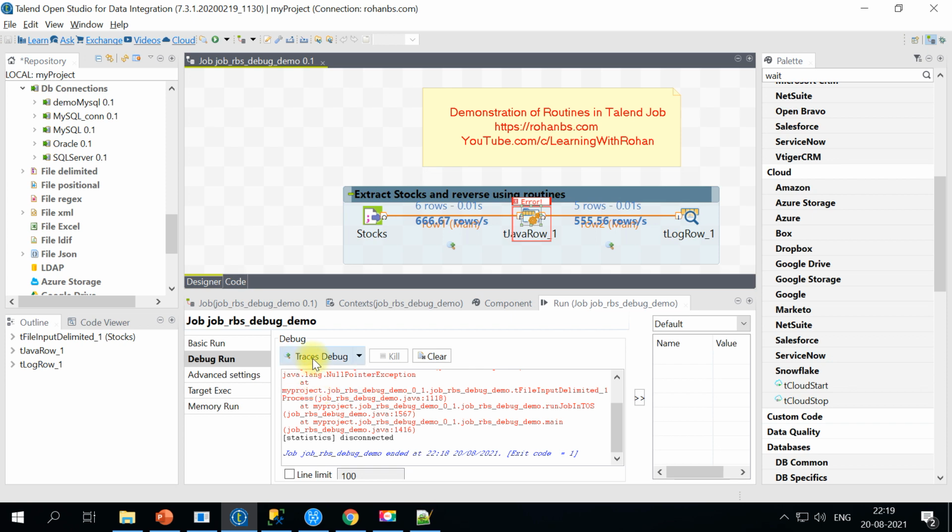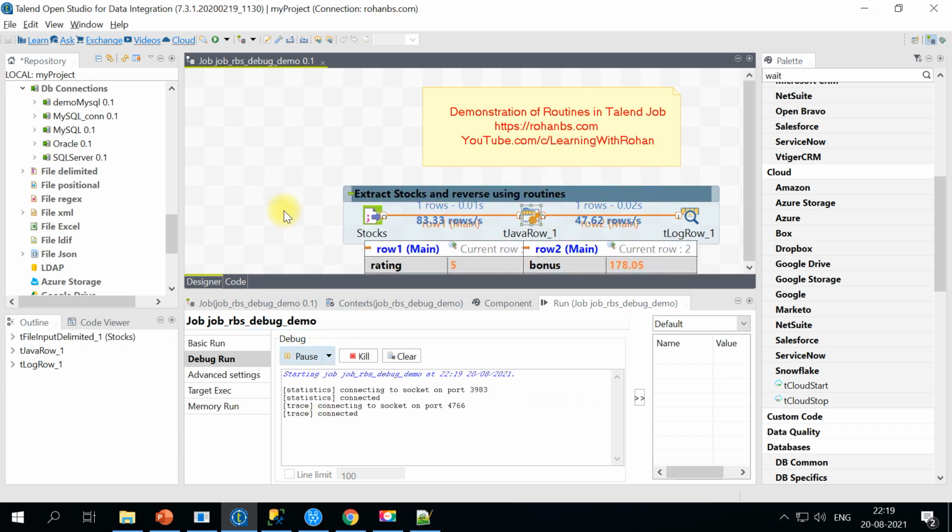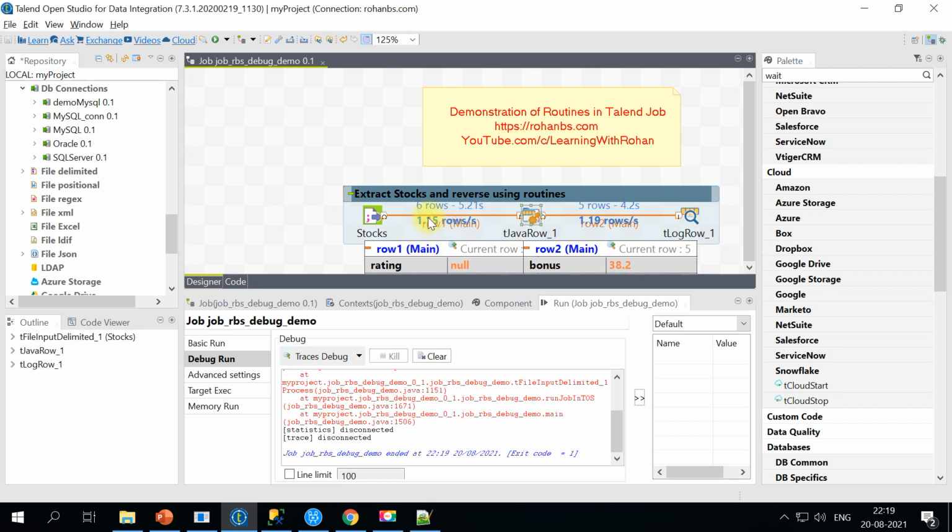So just click on trace debug and let's hit trace debug. In the trace debug, as you can see, the difference is that the trace debug will always run in the designer mode, and the value for each of the fields that you're using will be printed on the job design area itself.